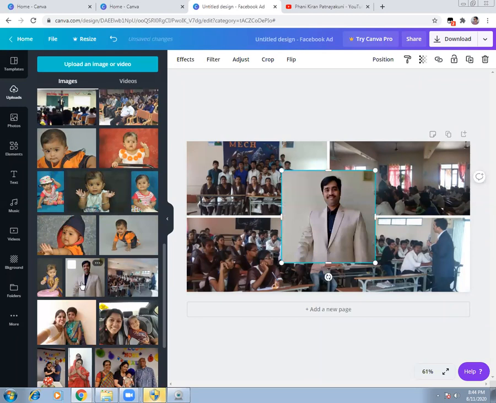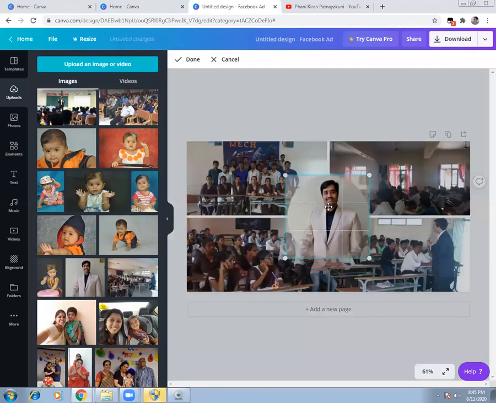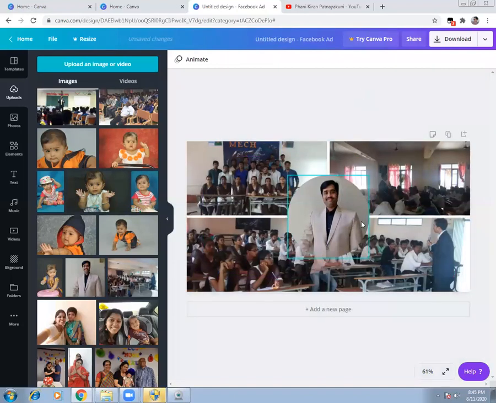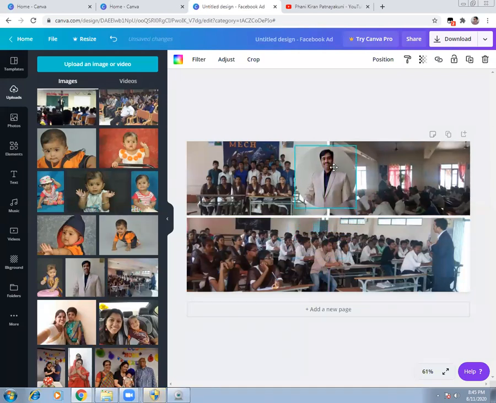So all your images will be saved here, guys, for your future requirement. You can either upload an image from your laptop or system, or you can use these images here. And once you use this, ensure that you put it inside. And now you double click on it and do the adjustment. If you feel that this is a little larger in space, you can also reduce the size of it. And you can take it up and put it somewhere like this. So this is just an example, guys.